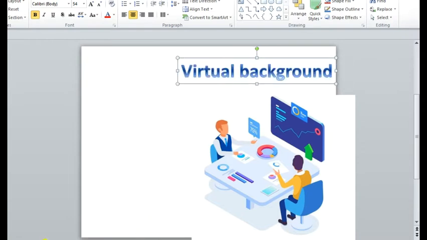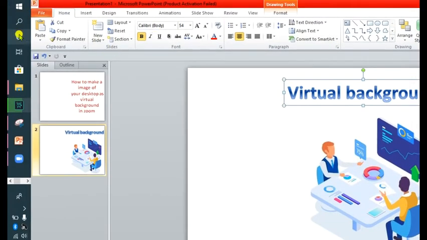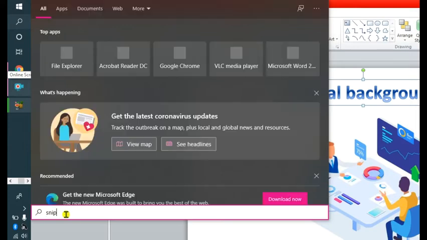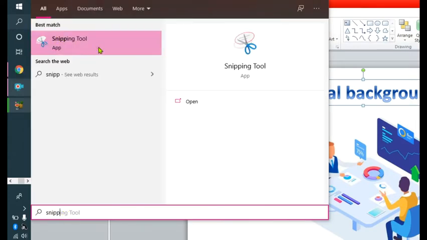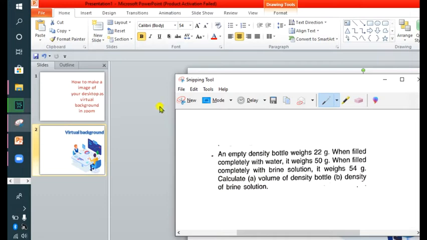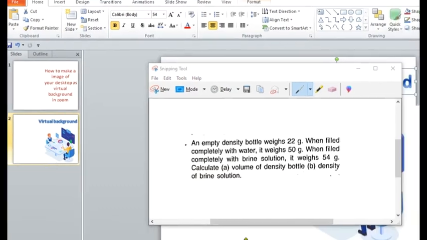Now the next step is, if you have Windows as your operating system, then no worries, go to the search column and type snipping over there. There will be an inbuilt tool of Windows called the Snipping Tool. We know that we can snip anything, right? As you're seeing over here, the tool will appear something like this. This is an image which I had snipped some time ago.